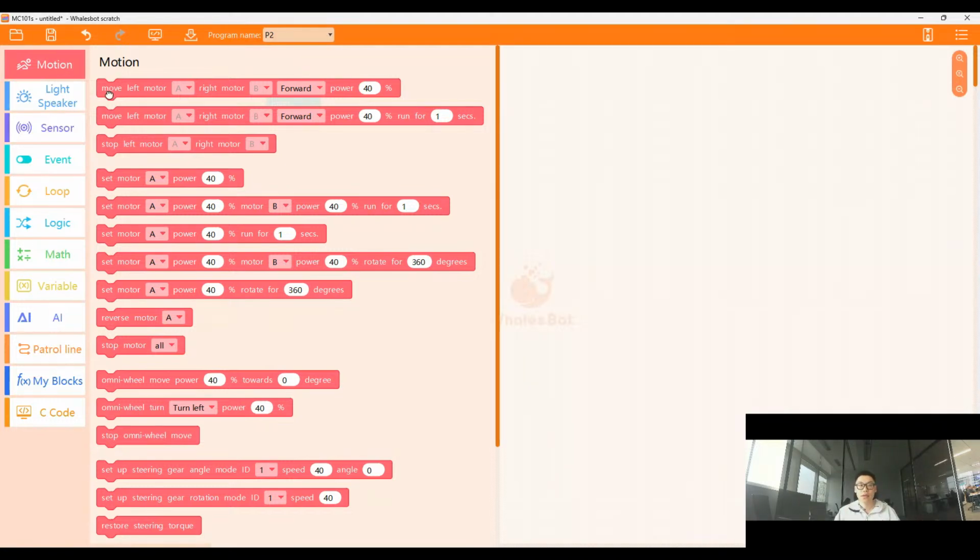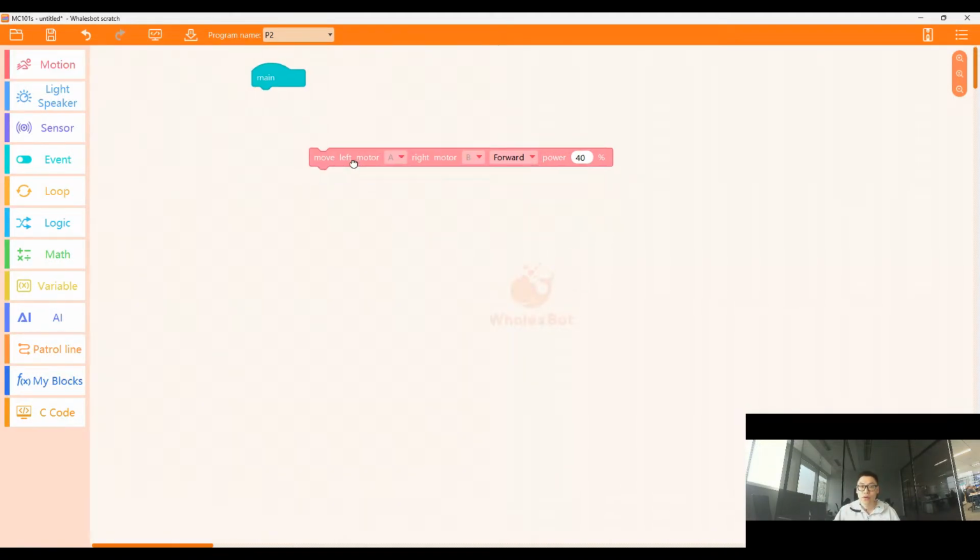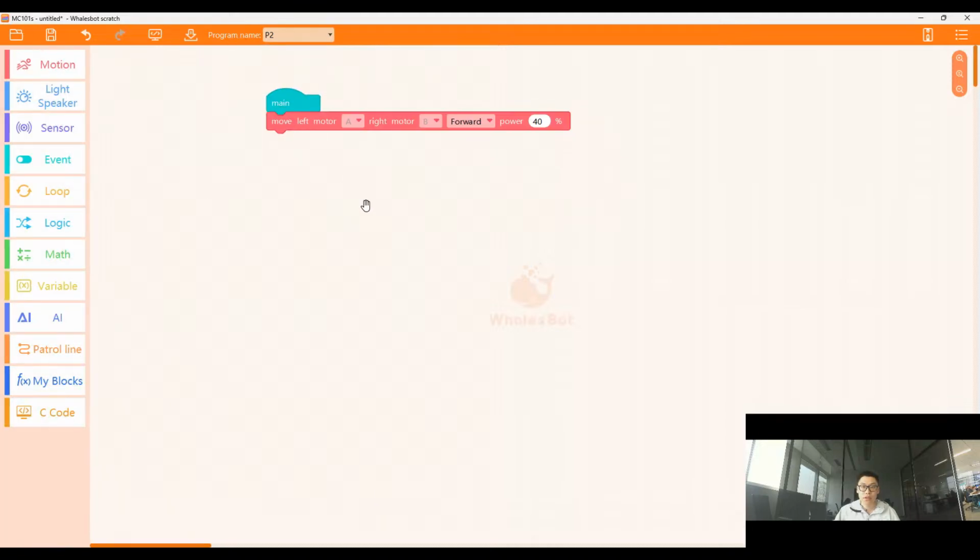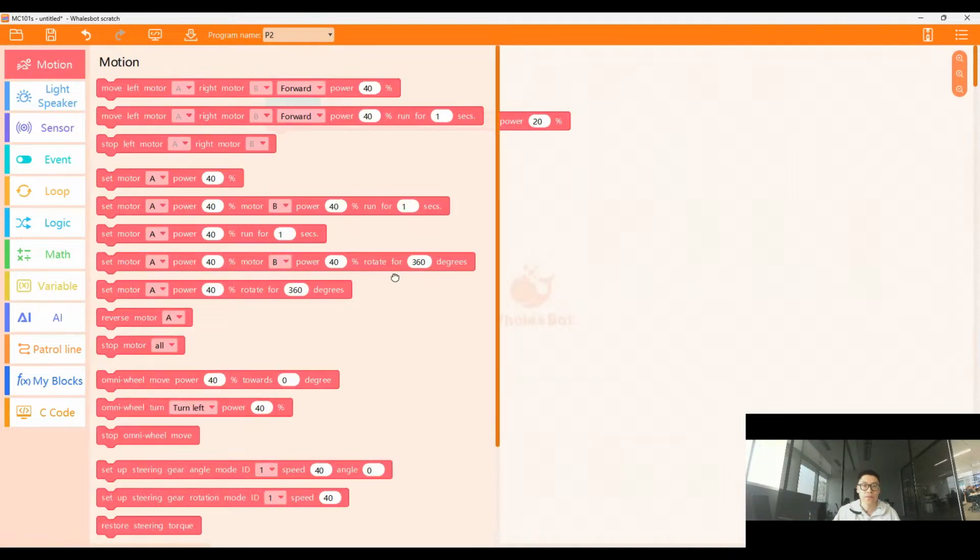And we can try to use this function to make the car move forward. And the power represents the speed of the car. And we can adjust it. The maximum speed is 100%. It's the fastest one. And we can change it to 20, 30, like this. Okay. And the next one